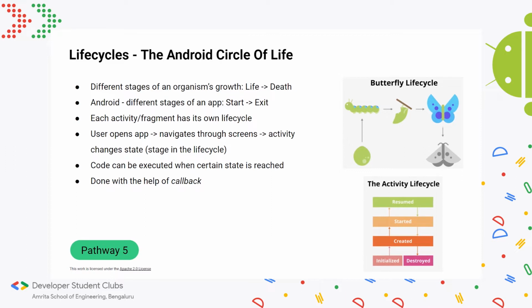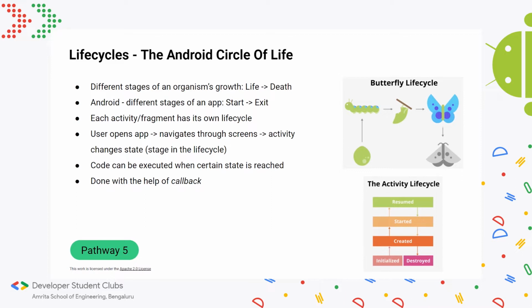life cycles too. Actually, that's not completely correct. When I say app, I mean each of the fragment or activity. So you can say that an app is made up of multiple fragments or activities. And in that sense, each of these activities or fragments have their own life cycles. And in that sense, collectively, you can say that a whole app has its own life cycle. So right from when the user opens the app, the life cycle starts. And as you go through the screens, an activity changes state, which basically means it kicks in another stage of